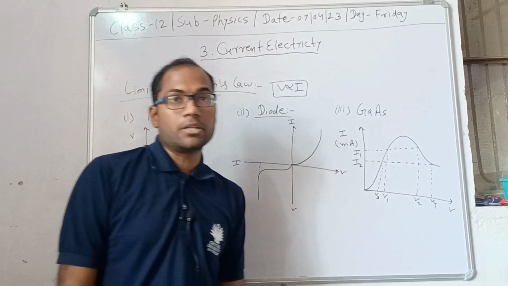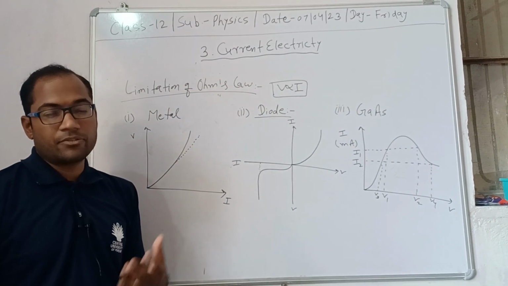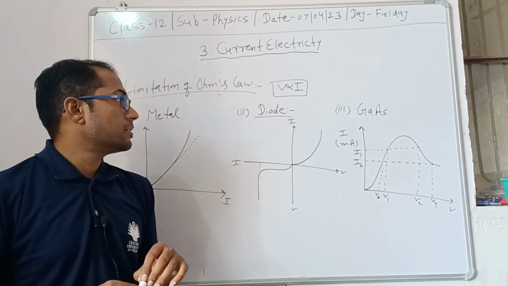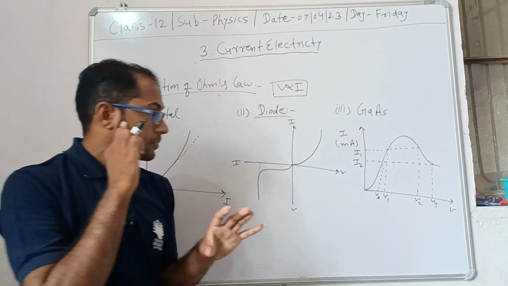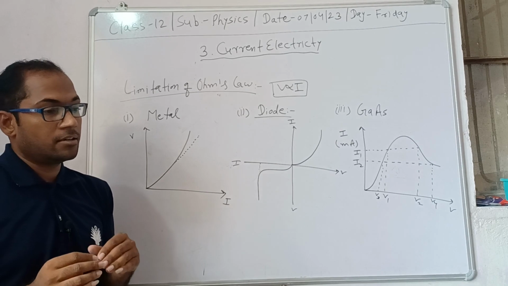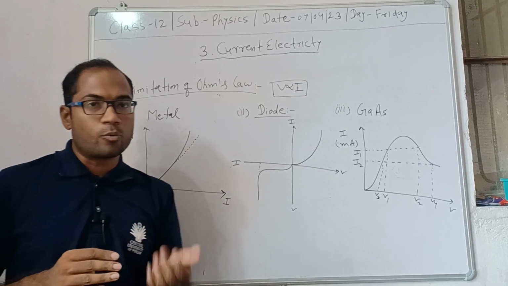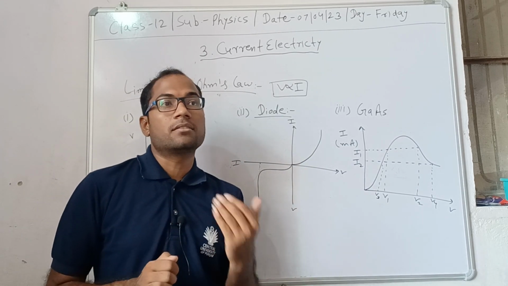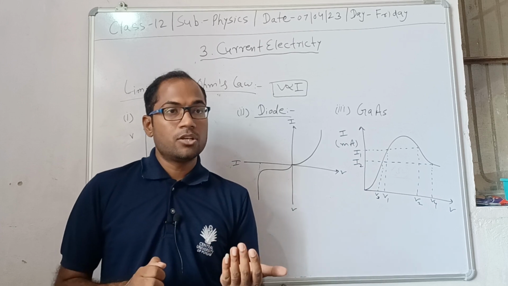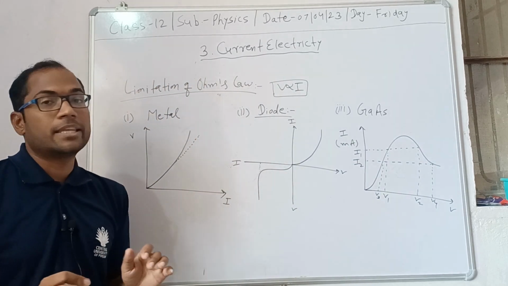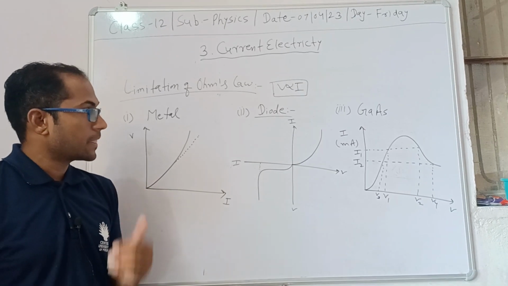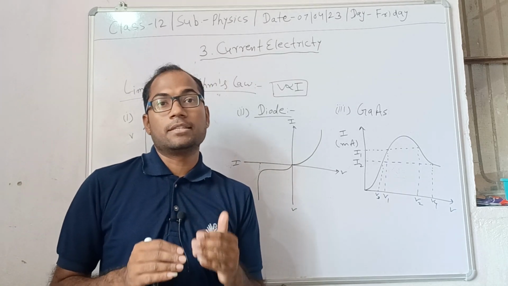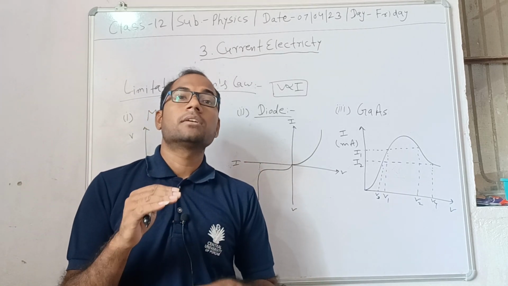After this, in this chapter we discuss the resistivity of different materials, then the relations for resistances in series and parallel combination, and then some applications of resistance, like the Wheatstone bridge and meter bridge. Today our lecture finishes here, and we will discuss the other topics of this chapter in the next lecture.